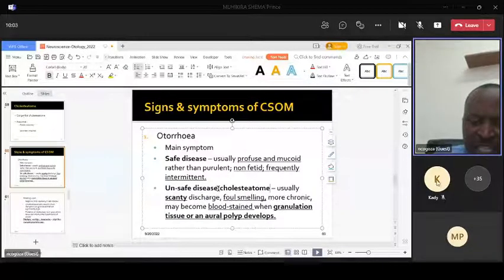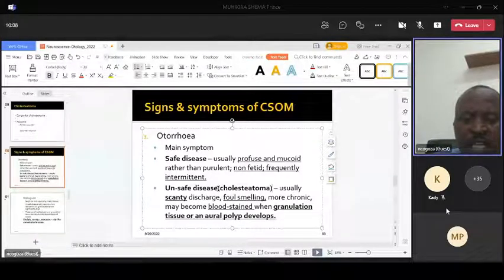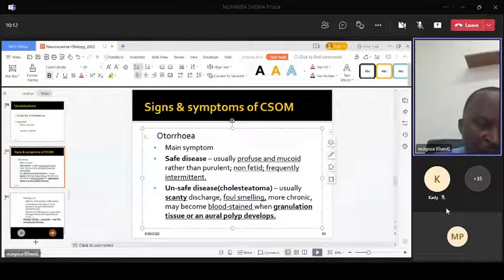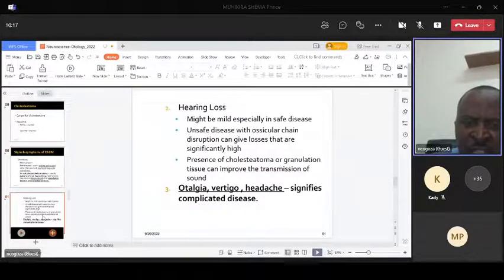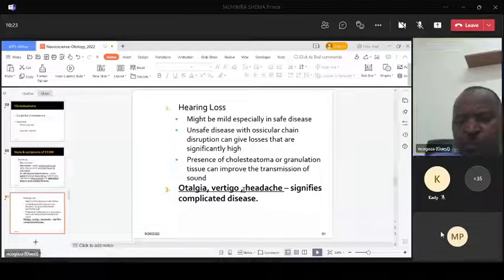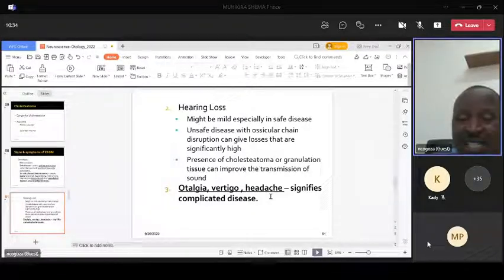Unsafe means cholesteatoma. So now, in the case of unsafe, these are characteristic of pus. And if on top of this characteristic of pus, there is otalgia, meaning pain, there is vertigo, there is a headache, you have to know that cholesteatoma, which has been there, eroding bones, causing pus discharge, now is extending to